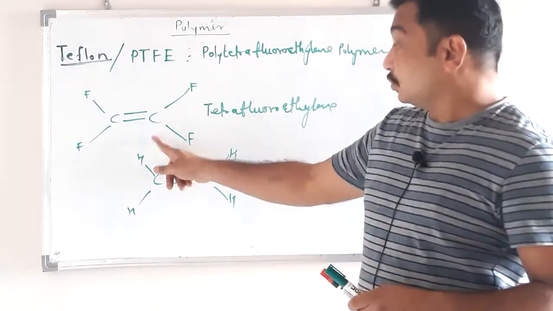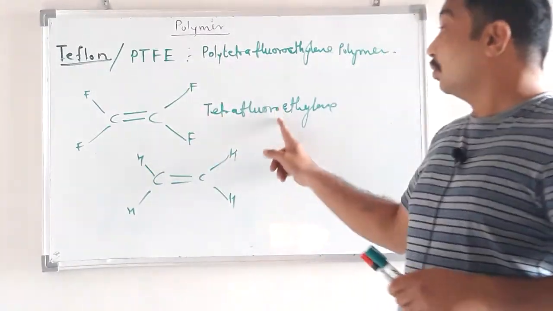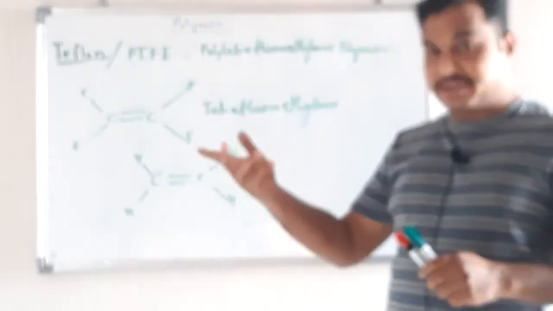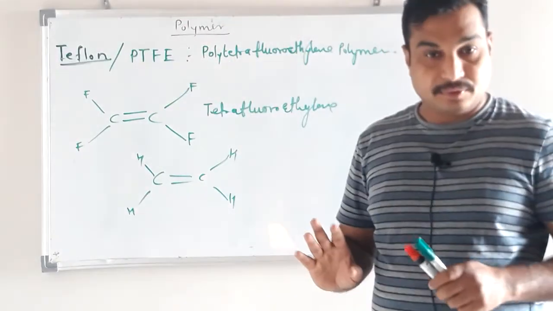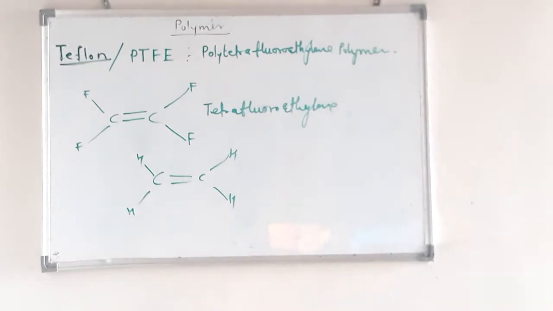Okay, Teflon is prepared by the polymerization of tetrafluoroethylene in the presence of some catalyst and some conditions. Okay, that will give Teflon. I will write the reaction here. Now see,